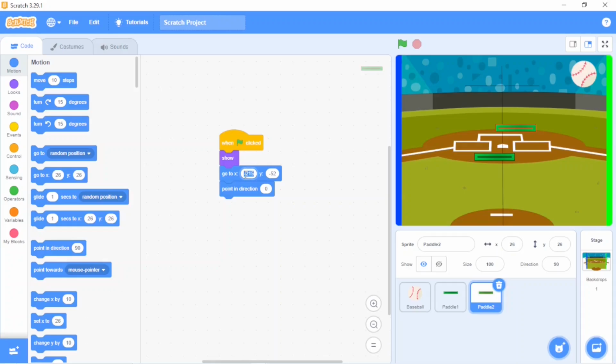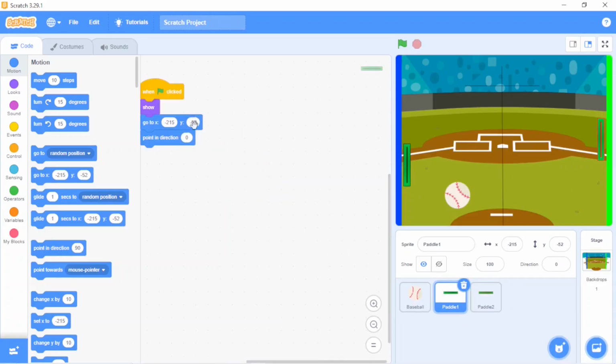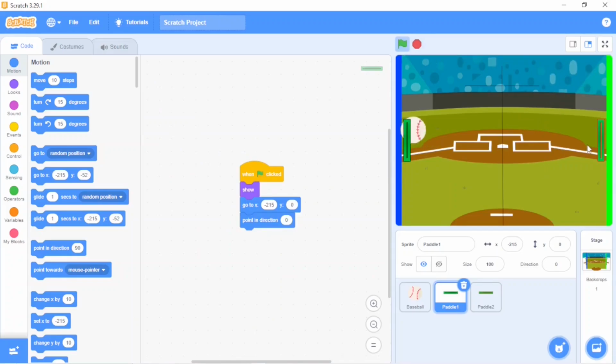Over here you just have to remove the negative sign. Go to x 215, y 2. Okay, now see. Oh, they've gone to random positions. So I can do y 0 in both of them. Now look. It's looking like they're seriously playing a match.